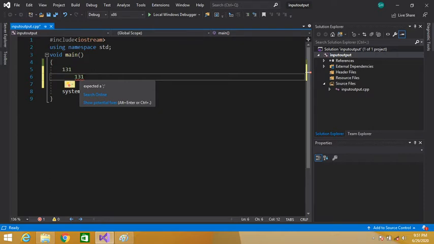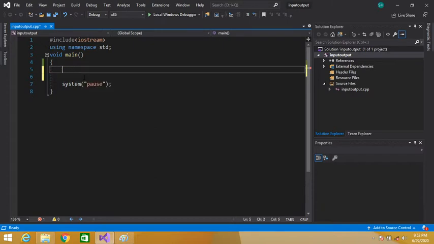So we will use this logic. First we will calculate the reverse of the number entered by the user, and we will compare that number with the actual number. If the reverse of that number and the actual number are the same, then that number is a palindrome. So guys, let's start coding this program.